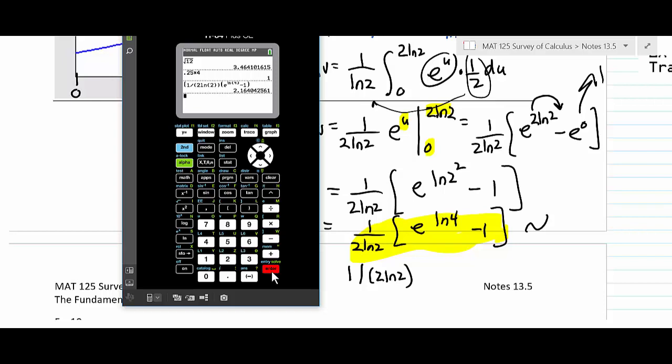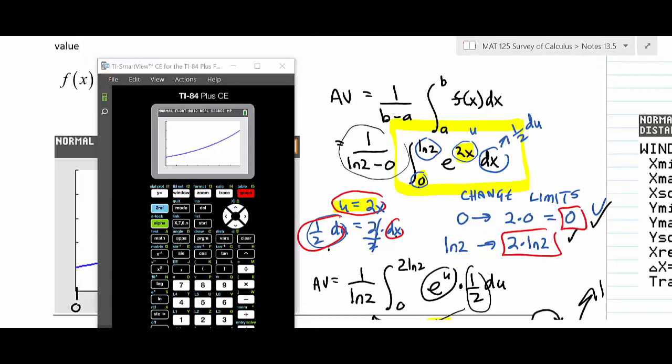Well, I don't see anything wrong either. Let's see. A little mistake I'm not seeing on the integral. So let's do this. You got this in your calculator. So what I'm going to do is I'm going to go second calc, like I've taught you, option 7. You want to go through that. The lower limit is 0, because we're doing the original integral, not the U substituted one. So we're going to go 0. Upper limit is going to be ln2,